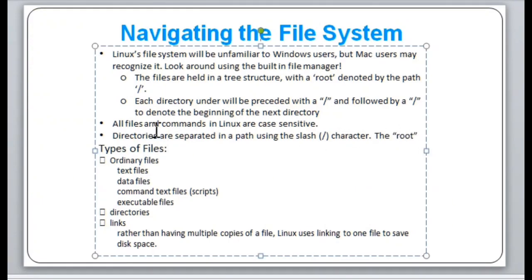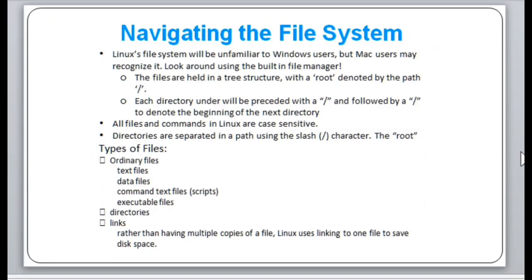Okay? There are different types of files. You have ordinary files, which can contain text files, data files, command text files or scripts, and executable files. You also have directories, and then you're going to have links. Links are used because rather than having multiple copies of a file, Linux uses linking to one file to save disk space. Okay, so I can have a file on one